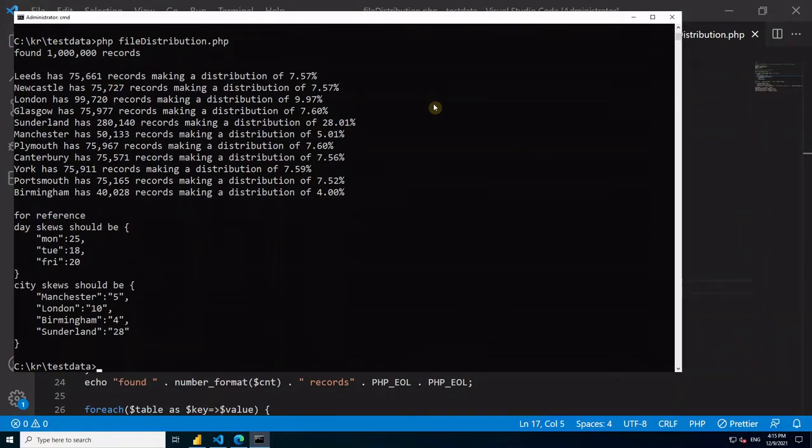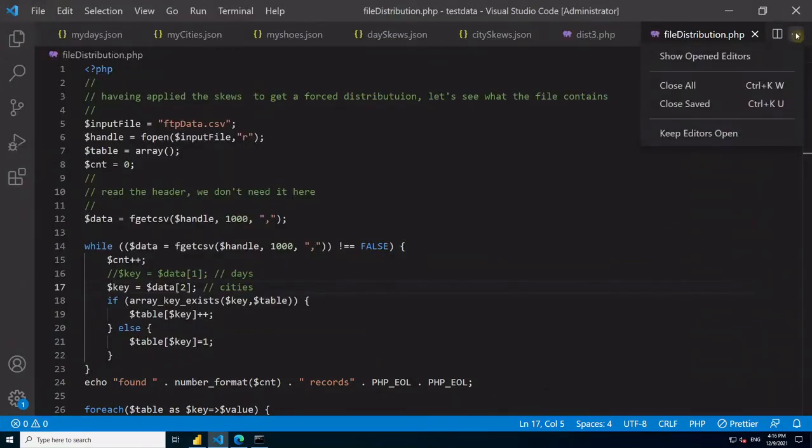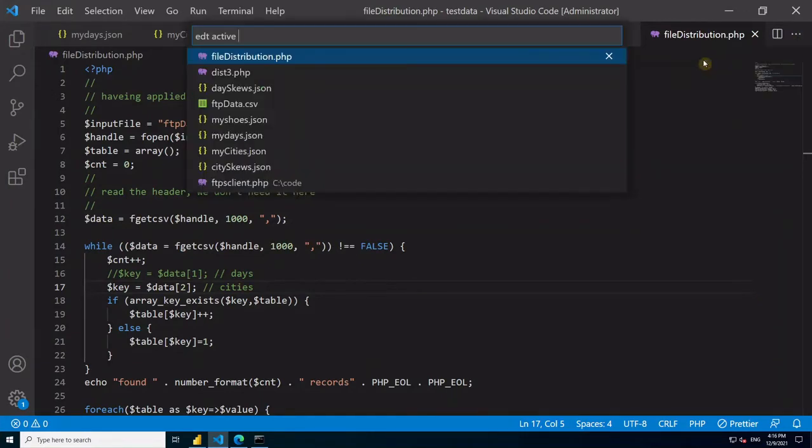Of course, we don't have to do any skews. We just remove that out as we did the shoes. That's why we're not looking at shoes. But if you do need to do that, just to make it easier to you, the Power Query, that's absolutely fine. So the last thing we're going to do is we're just going to have a look at the open editors and